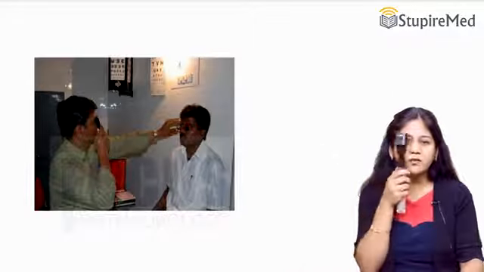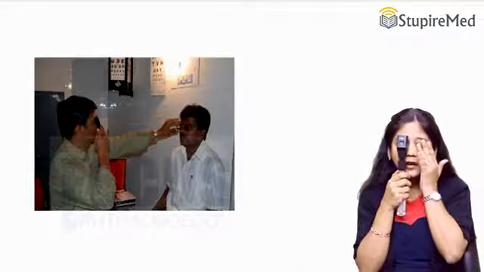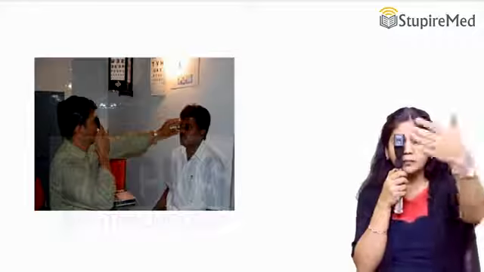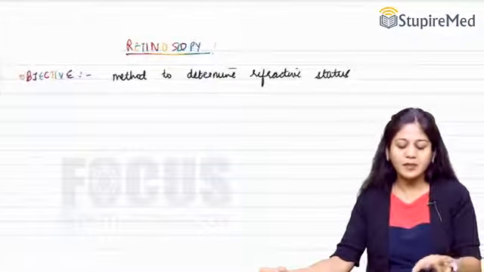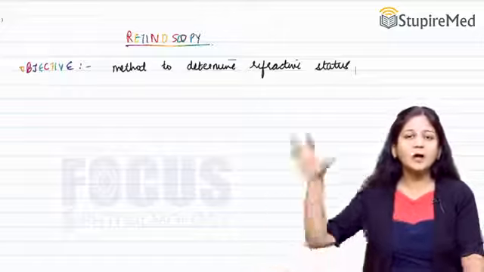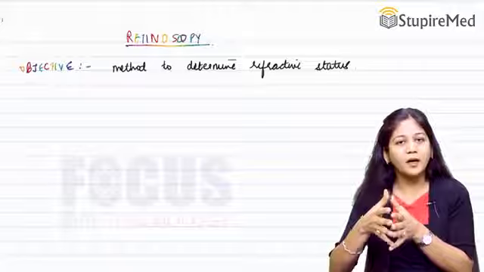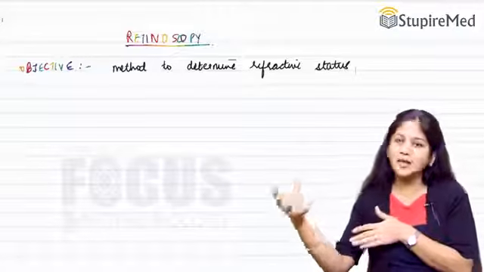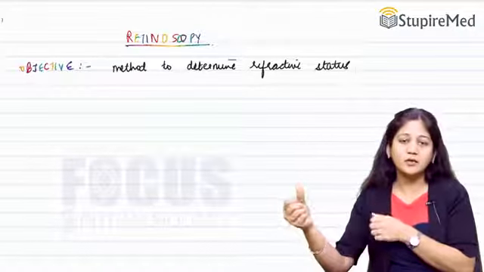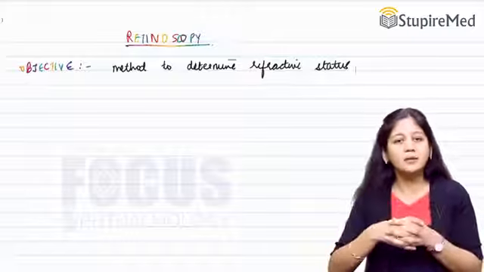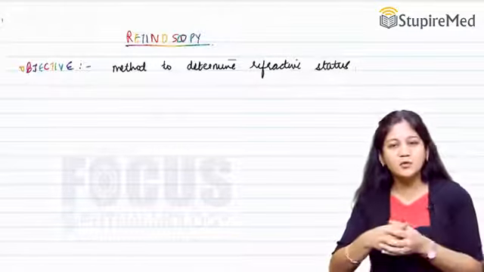See this picture. Here the observer is holding the retinoscope in front of one eye, closing the other eye, and we are sitting at a distance of approximately 1 meter. Now, friends, retinoscopy is actually meant to be done at a distance of infinity. Why? Because we want parallel rays of light going inside the eye, and we want that in an emmetropic eye, rays of light are to be focused at the retina without any exertion of accommodation.